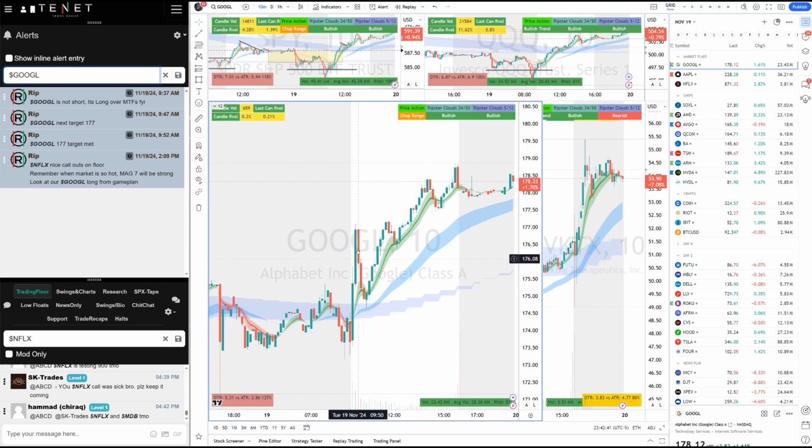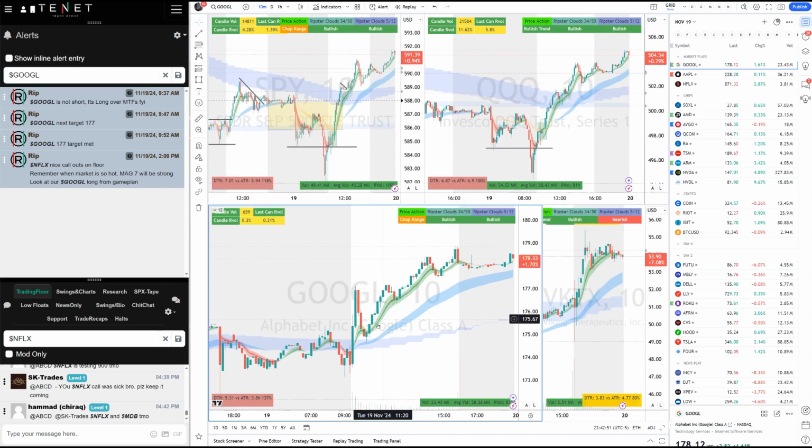This is where you get entry. This is not where you get entry on this red candle because you are risking too much. You have to wait for that entry close. And when SPY is pushing, when QQQ is breaking out, you trade Google long because you have defined risk there. Put your stops under the MTF clouds or low of these candles and take it long. And Google was not a short, and Google ran all day from our game plan. Beautiful trade. So proud of the community who traded this, right?